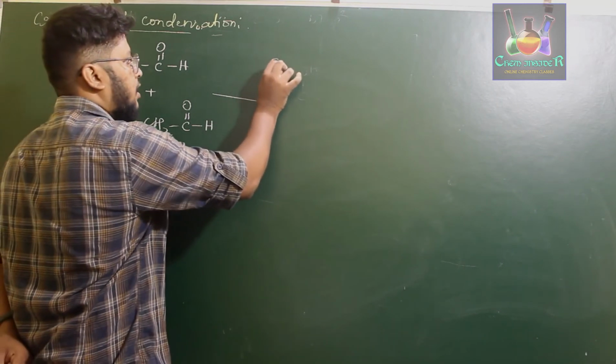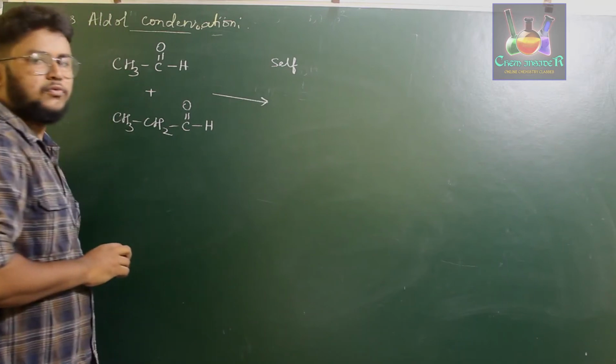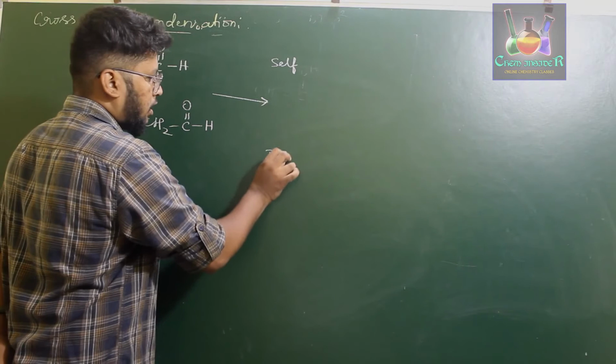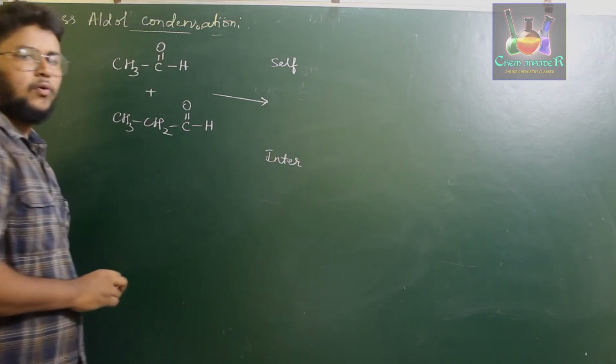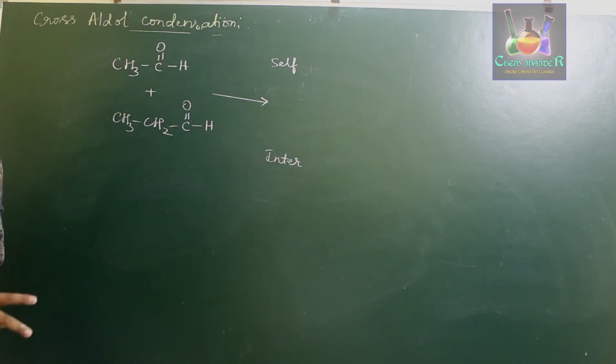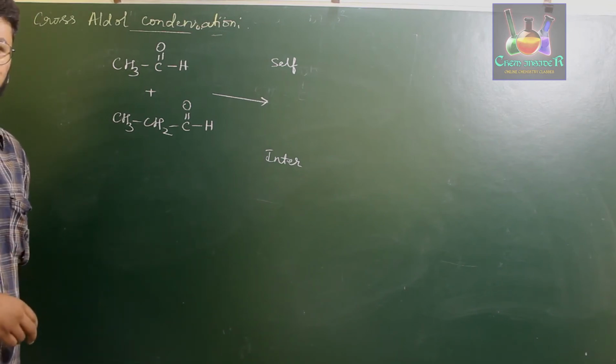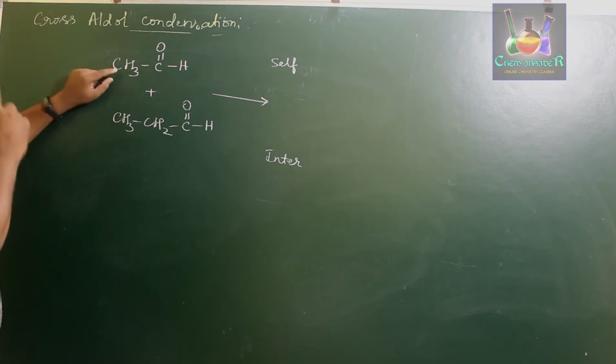One because of self condensation, and the other is because of intercondensation. Okay, two products will be because of the self condensation and two products will be because of the intercondensation. So I'm going to write directly the aldol condensed product, where it completely forms a carbon-carbon double bond. So carefully observe over here.